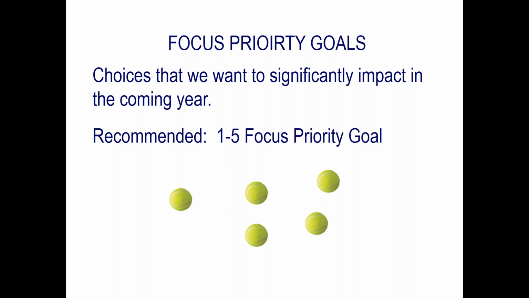So we would recommend that you only hammer maybe even one of your priority goals. You're going to work on all of your priority goals, but to really hammer one is fine. If you're in elementary school, for example, and what you want to do is to help every student develop a personal education plan, every kid in the building, that's pretty ambitious. And if you were to do that well, that would have a huge impact, but it's going to take some time to do. So in that case, you might only have one focus goal. So these are the few that we're really, really going to hammer.